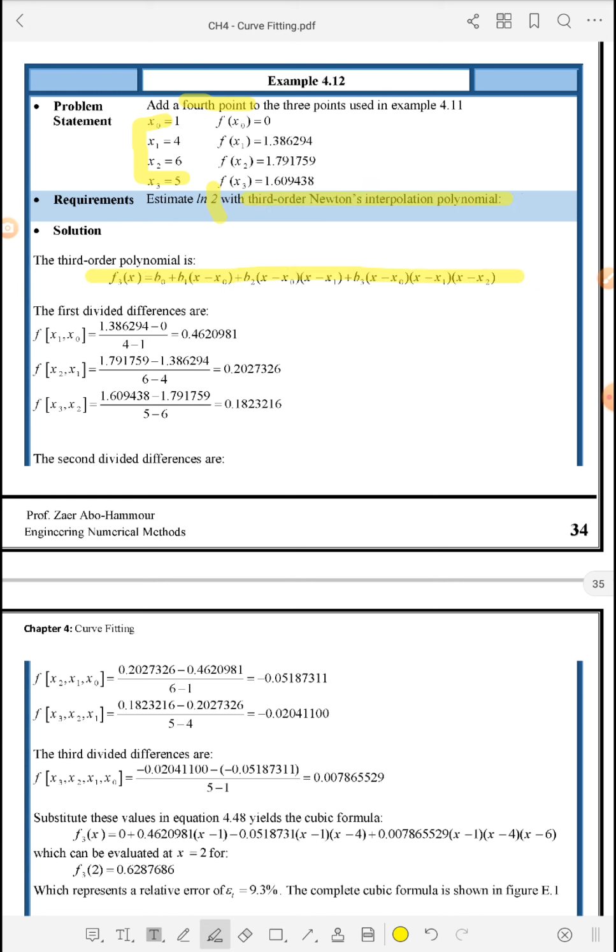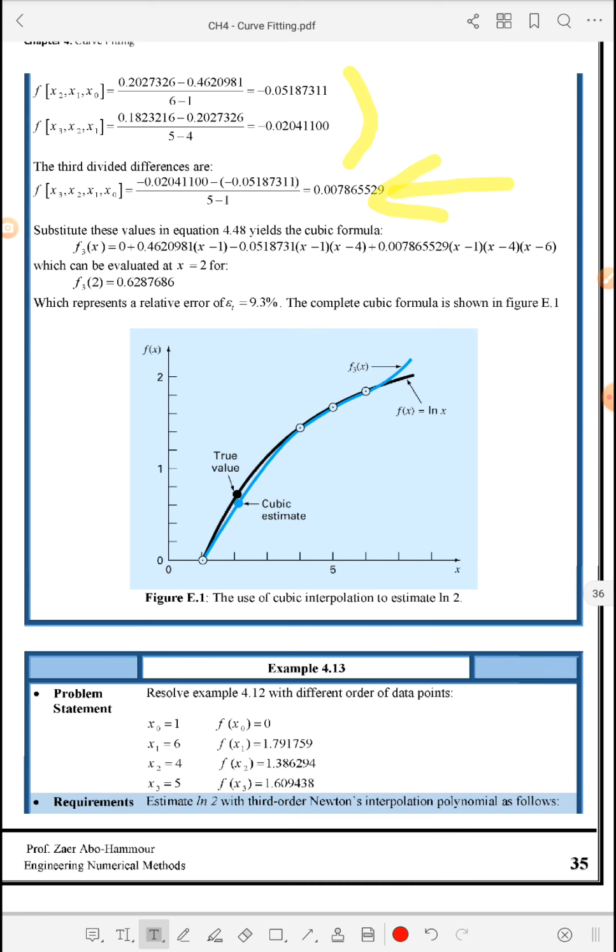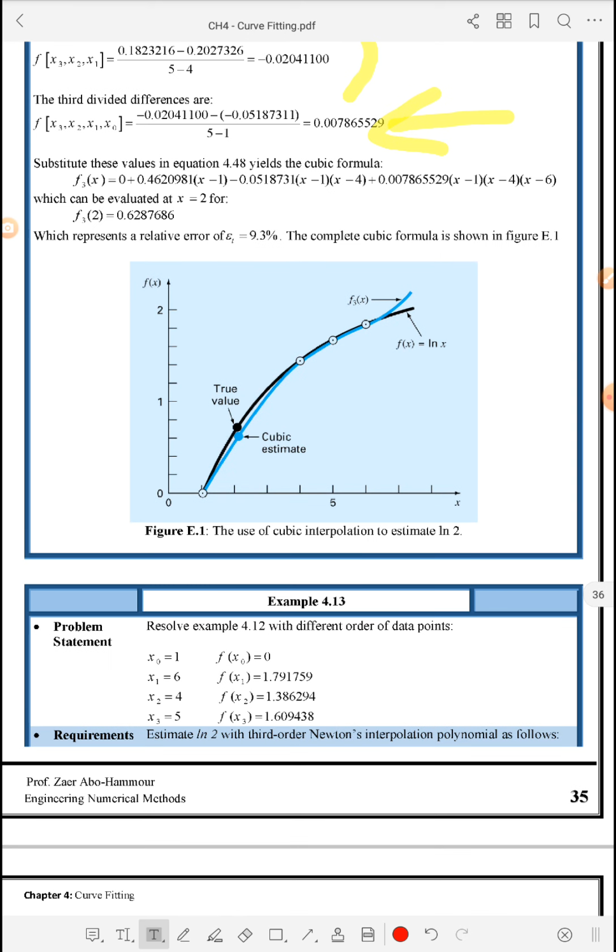So this is the general form of the polynomial, and these are the 3 first order divided differences. These are the 2 second order divided differences, and this is the only unique third order divided difference. And if we substitute the corresponding divided differences, we get this equation. And if we substitute x is equal to 2, we get this value